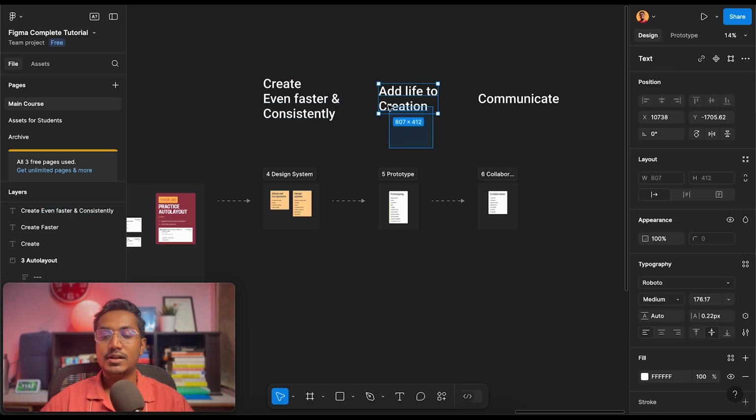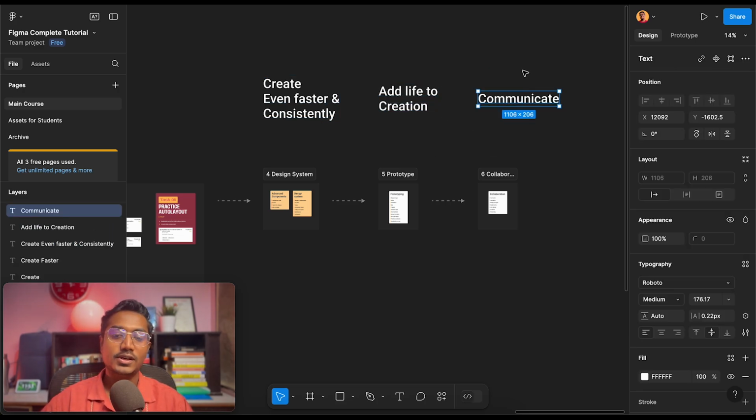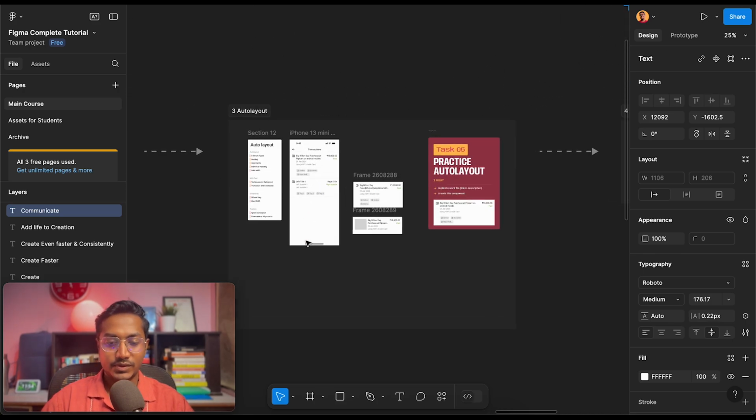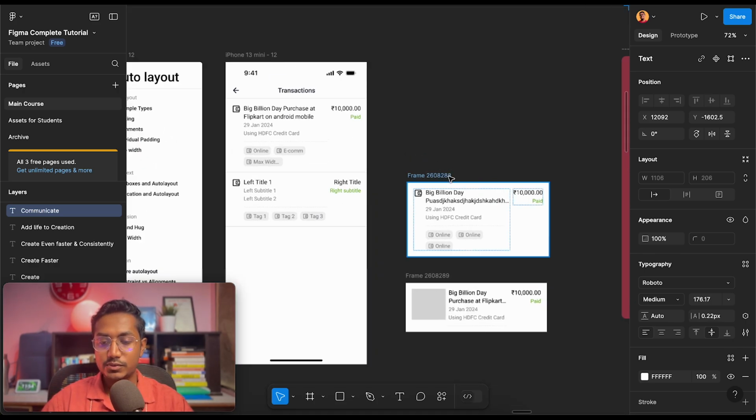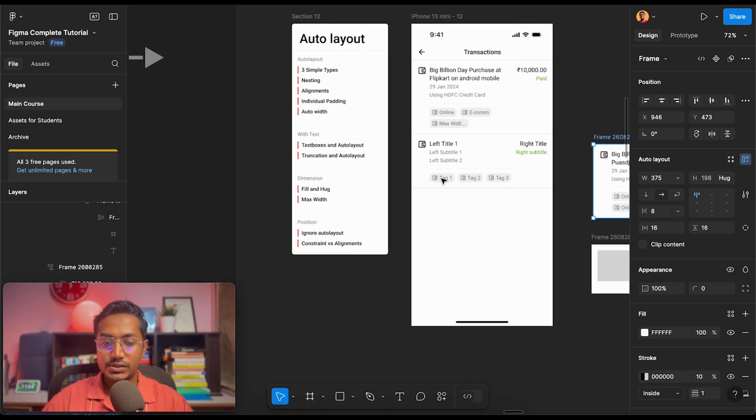And then we will learn how to add life to the creations, and then we will learn how to communicate your creation with other stakeholders like your developers, like your product managers, to your directors, and so on. All right. So coming back to auto layout, right? What we'll do is we'll go through